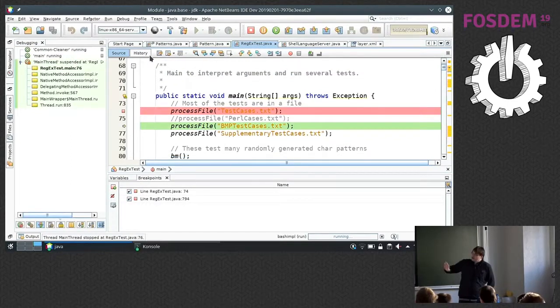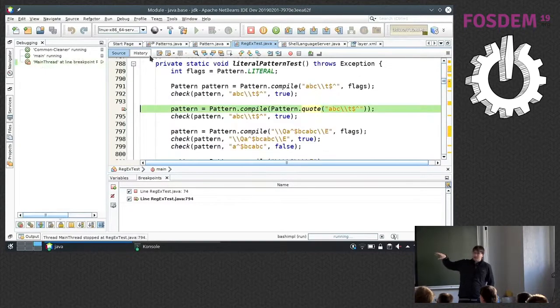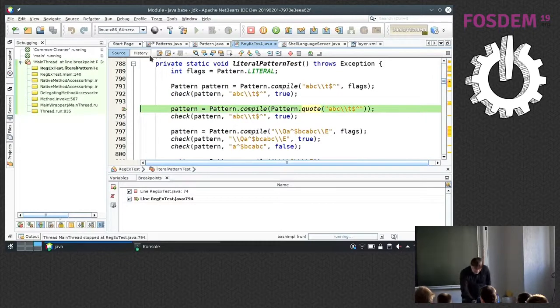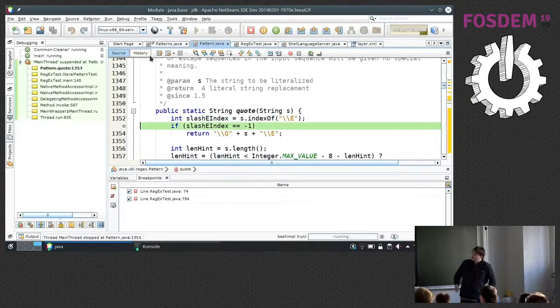It should all work. We can let the test run for a little, and it will stop at some place where you can actually jump to the source code. And all this was in Apache NetBeans 10. So we can look into the actual implementation in the JDK, debug that, and see what it's doing.